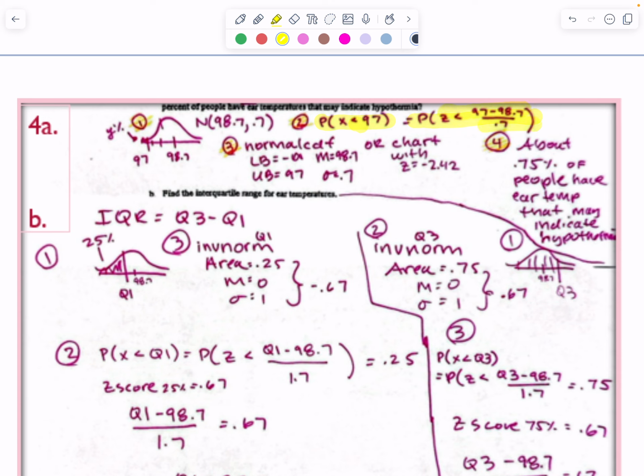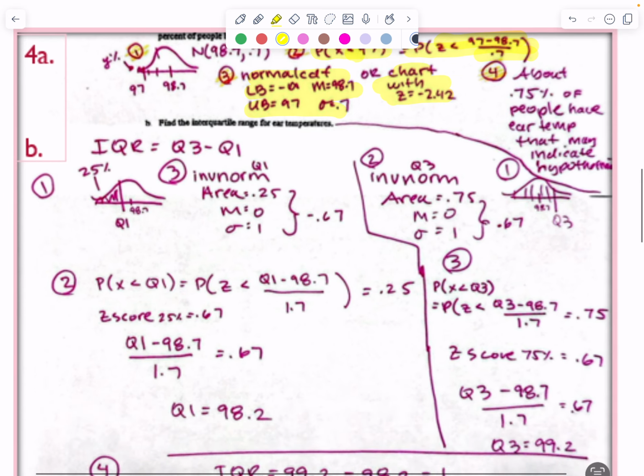Then I choose to either do normal CDF or a chart. I do normal CDF with the lower bound, upper bound, mean, and standard deviation, or I do a chart and find a z-score of -2.42, and find about 0.75% of the people have an ear temperature that can indicate hypothermia. Okay, for this one here, for part B,